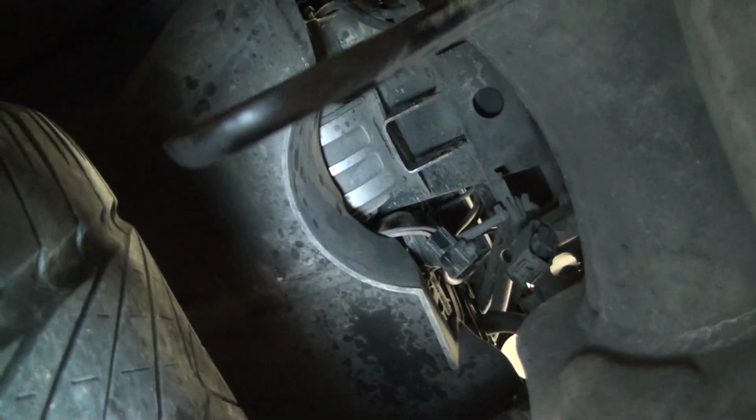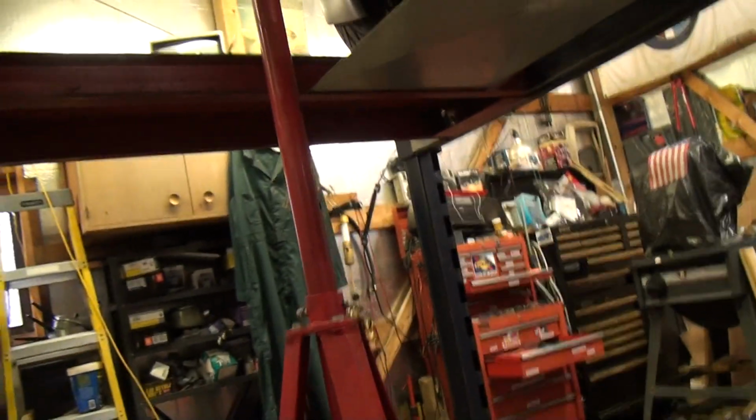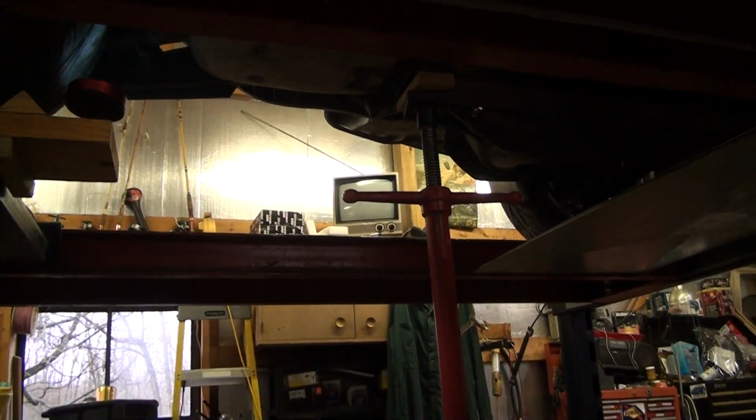According to the field service manual, take out the top bolt first, jack up the rear. I've got a floor jack here underneath of it. I'll back up a little bit so you can see what I did. So that's there, and after I had the top bolt out, I then went ahead and